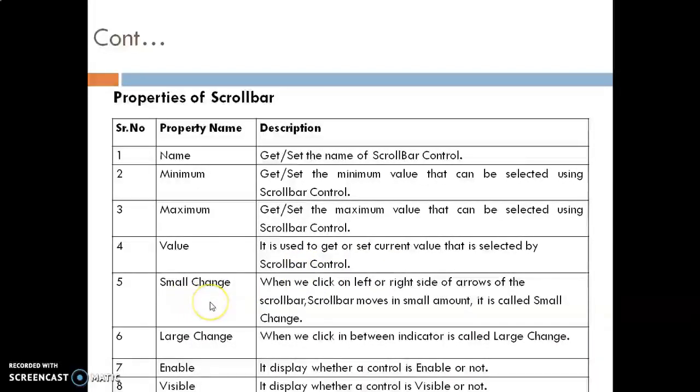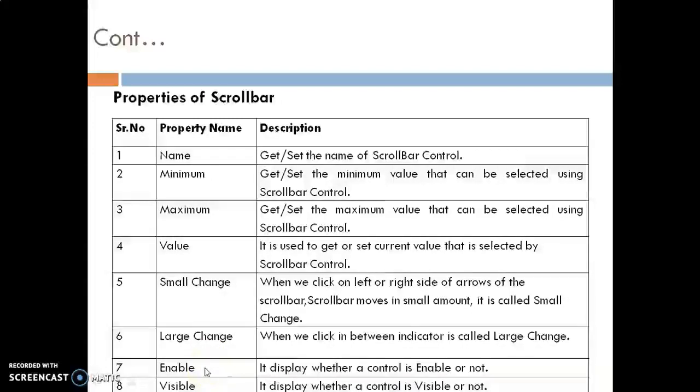Then small change. When a user click on left or right side of arrow of the scroll bar control, then scroll bar control moves in small amount, which is called small change. And second property is large change. Means whenever we click in between indicator of both horizontal or vertical scroll bar, then it is called large change.